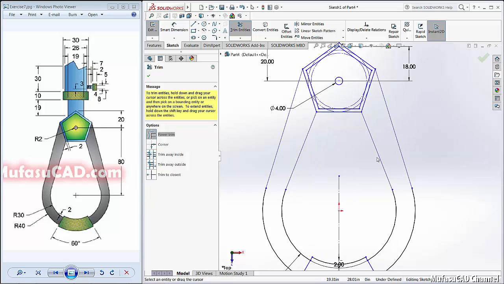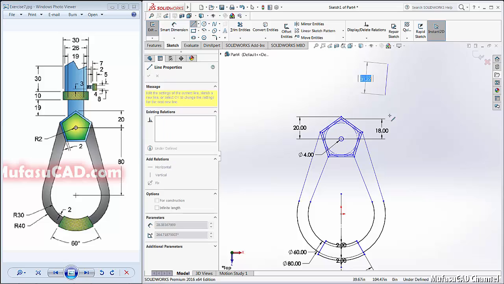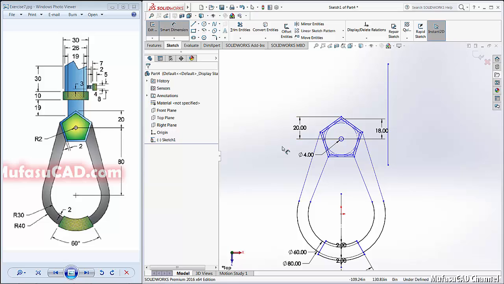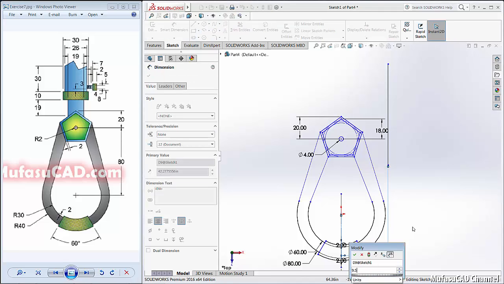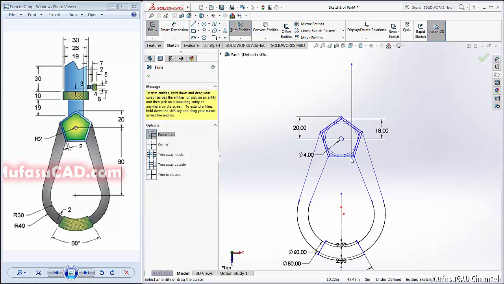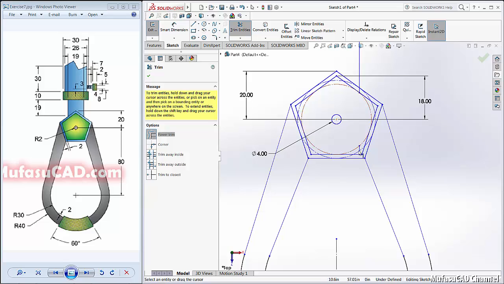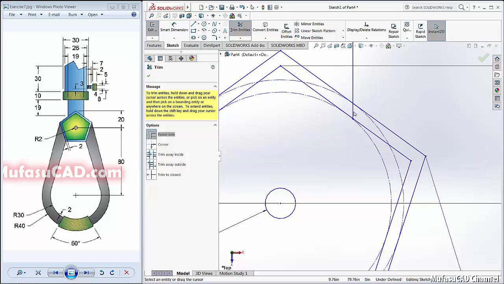Okay, and zoom out, and I will create a line here. Right click select and I will give the distance, this line from the center point here about 9.5. Okay, and I will trim this line. Okay, trim here, here, here, and trim here.